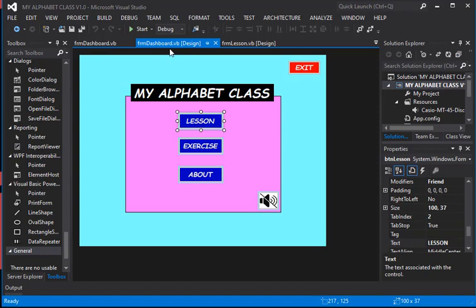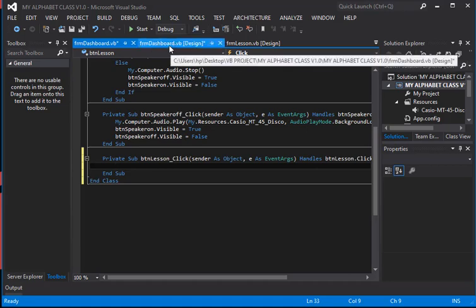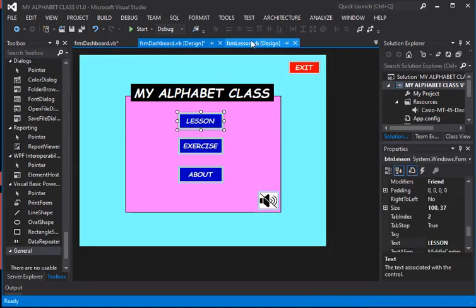the form dashboard. Then double click on the lesson button here. Just double click on it to open the coding screen for us to start with the coding. When you double click on it, we are going to enter the code in between the private sub and the end sub here. Okay, so we want an event to take place when we click on that button. This button, when you click on it, we want this